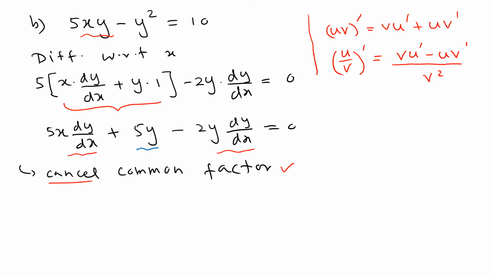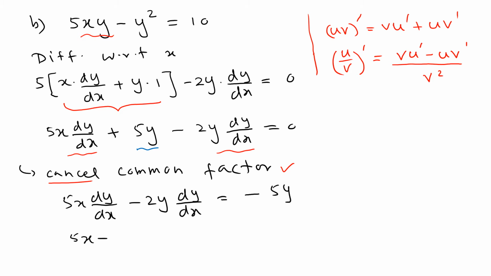So what we're going to do is take the terms with derivative and collect them. So we have 5x dy over dx, and then we move the other derivative term here, and we move the terms without derivatives to the other side. So we can write it like that. Now we're going to factor out the derivative. That means you're going to get 5x minus 2y, times dy over dx, equals negative